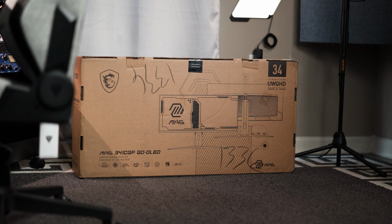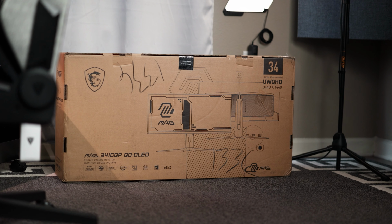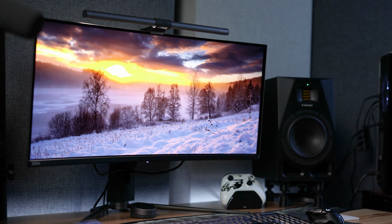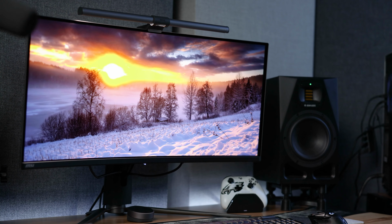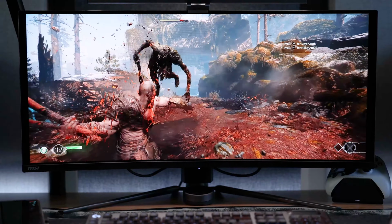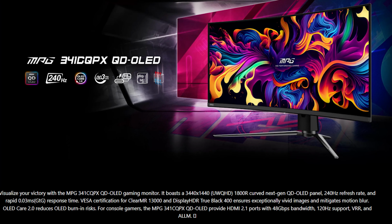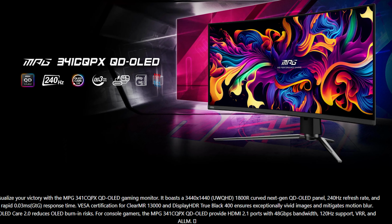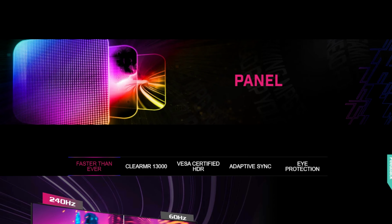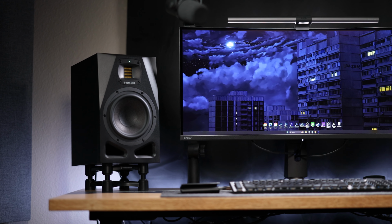A few months ago, I reviewed the MSI MPG 341CQP QD OLED Ultrawide monitor and was so impressed it became my daily driver, and I've been using it ever since to edit photos, videos, game, and do everything in between. Well, here we are a few months later, and MSI is now releasing the updated MPG 341CQPX model, which has a newer panel capable of 240Hz instead of the original 175, and after spending some time with it, I'm convinced